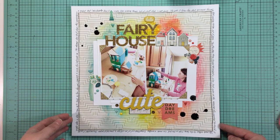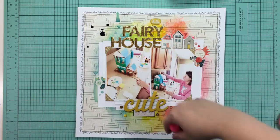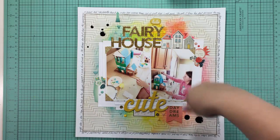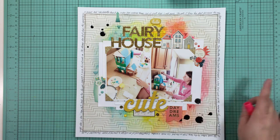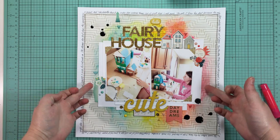So you saw up until I put on the gelato and spread it around, and I used a paintbrush to just color that in, and where the colors overlap you get kind of the in-between colors. So you can see kind of an orangey color here where the pink and the yellow overlapped, and I just put my finger in some India ink, so let me take that off and let me get it off this sticker. And then I put the ink on, and then I just layered up some scraps of white paper